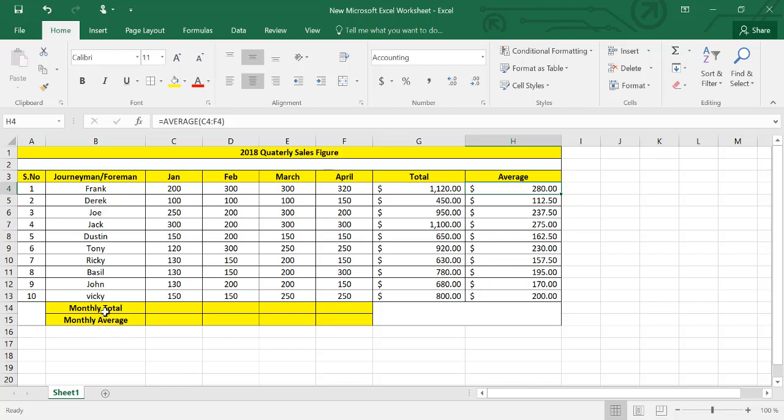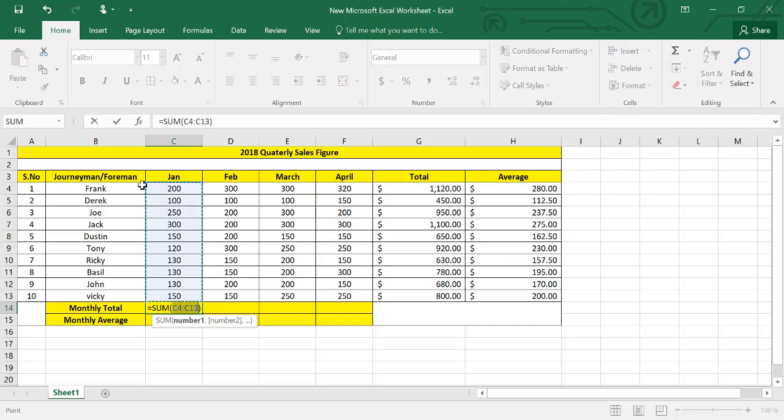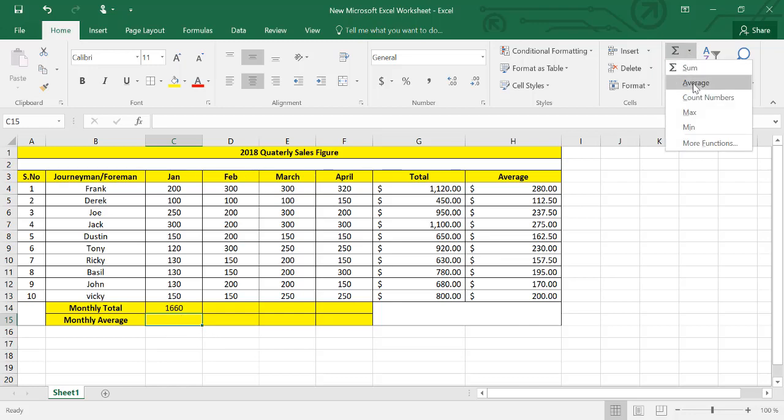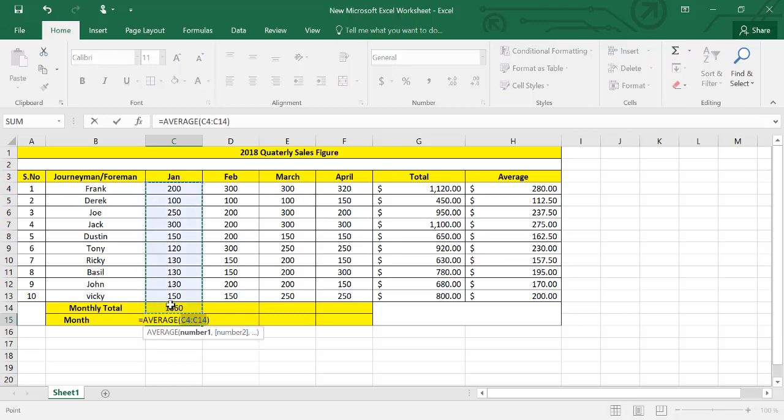Similarly, for the monthly total, we can place our cursor, select this cell, and going towards this option, it will automatically select the range and you can press enter. You can either write manually to learn how the function works and how to select the range, or you can do it automatically by using this option. Similarly, for the average, going towards this drop down, selecting average, and again it has selected the monthly cell as well. You can reselect the range by clicking here and dragging it to the last salesman and clicking.